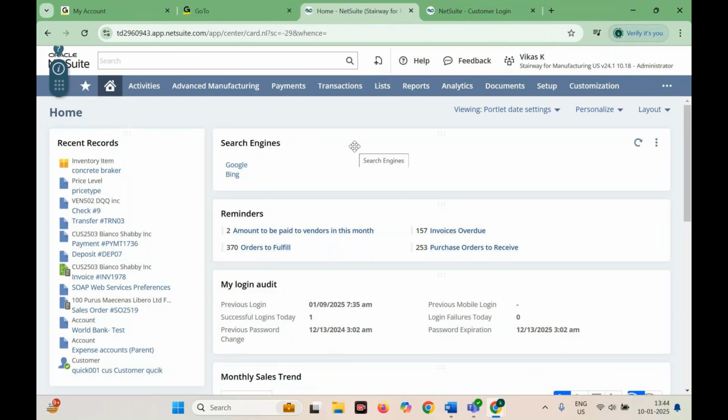Clear? Now Tata Group has access to the NetSuite system. This is the standard NetSuite ERP application that Tata Group has access to. Now, this standard NetSuite ERP application should be customized as per the Tata